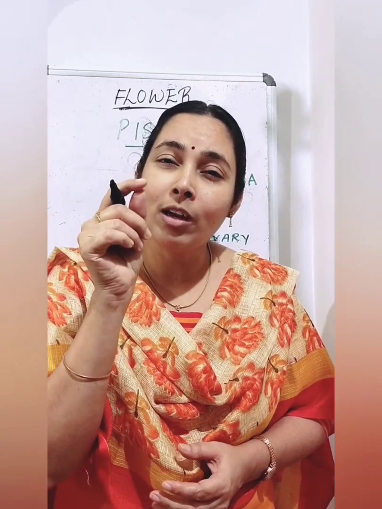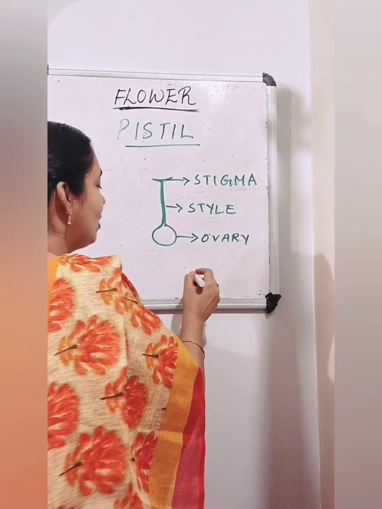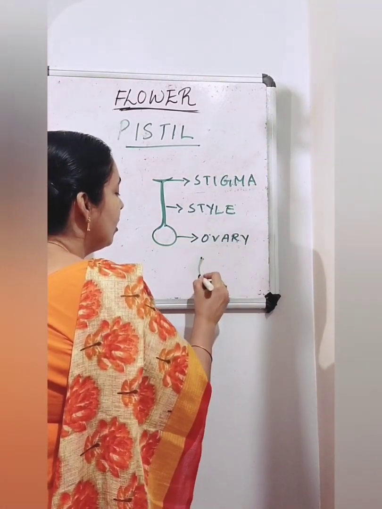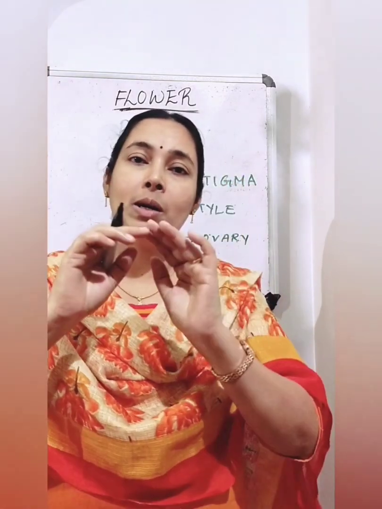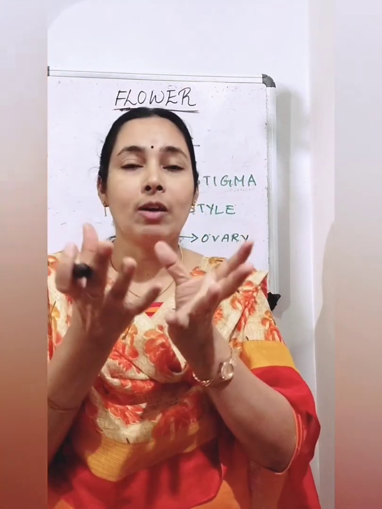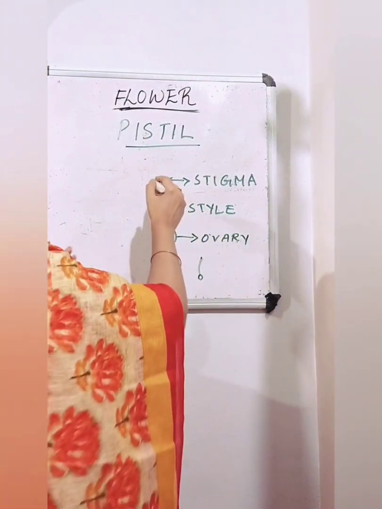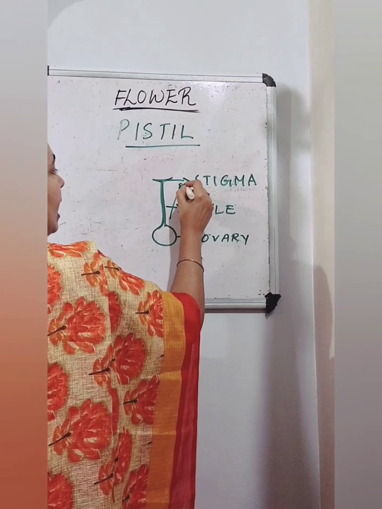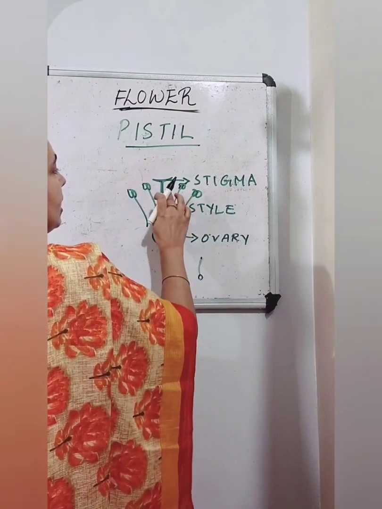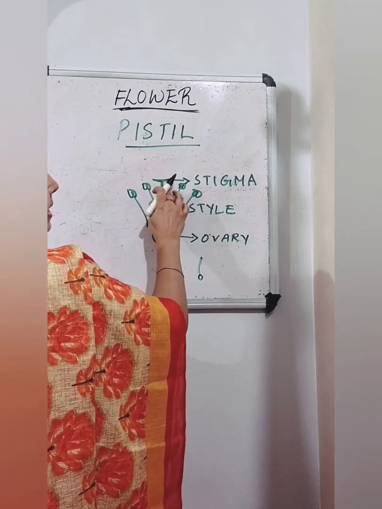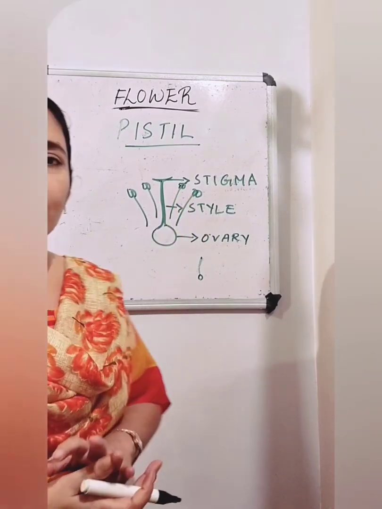Mango flower and all, you know, very, very small. In that flower also, in the middle, you can see one small structure, small pistil. Okay, so in the middle there will be one pistil. So when you look at an open flower, you can see in the middle there this style part, and it will be surrounded by so many stamens. Okay, in the middle you can see one style like this. So separate it slowly and observe the ovary, style and stigma.